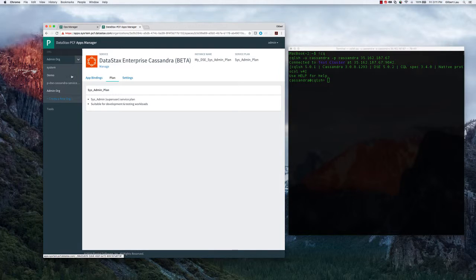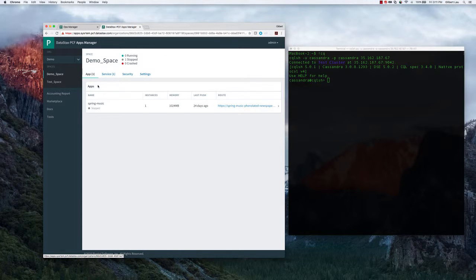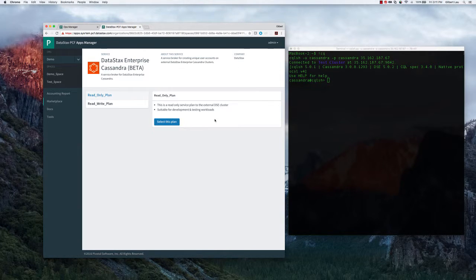Now, let's switch to the demo org. In this org, I have pushed the Spring Music sample application to the demo space earlier. Next, we are going to create a service instance from the Unmanaged service broker. In this org, we can only see two service plans, the read-only and the read-write plans, but not the sysadmin